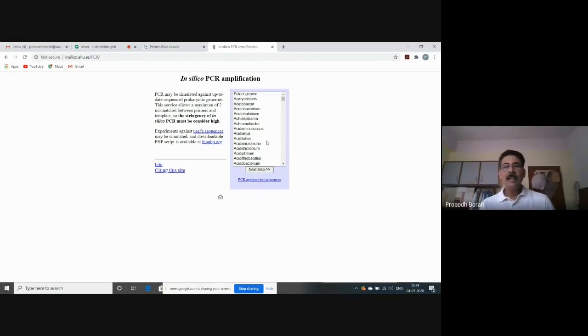So you are to select the particular bacteria, and if it is in an alphabetical list, you can select the particular bacteria and do the in silico PCR amplification against that particular bacteria. If you are using primer sequences designed against viral sequences, then you can click here, PCR against viral sequences. Similarly, viral sequences are also embedded in this platform.